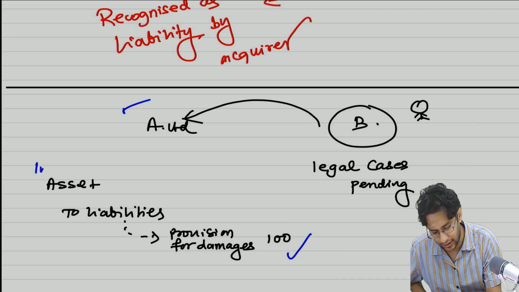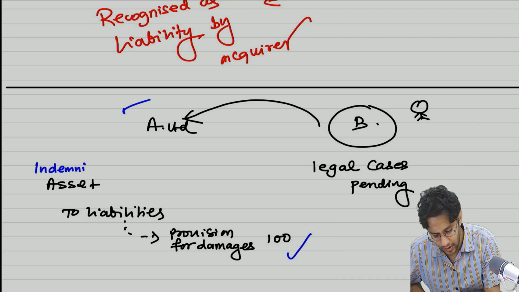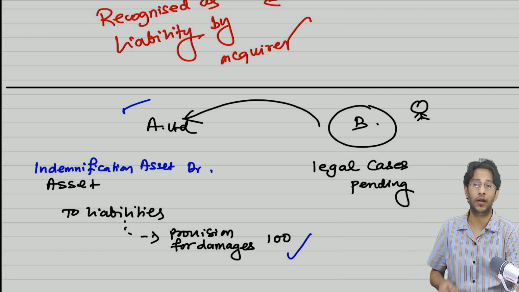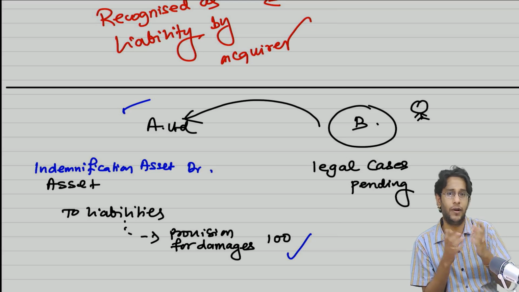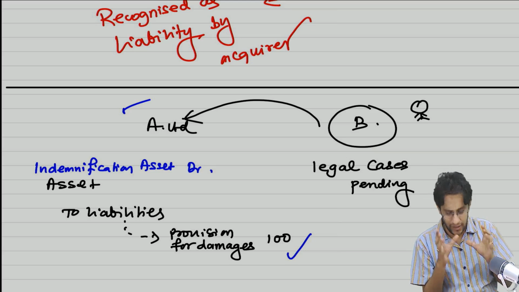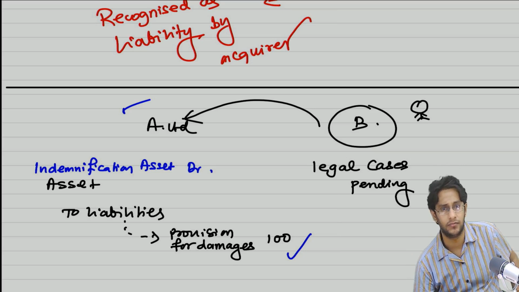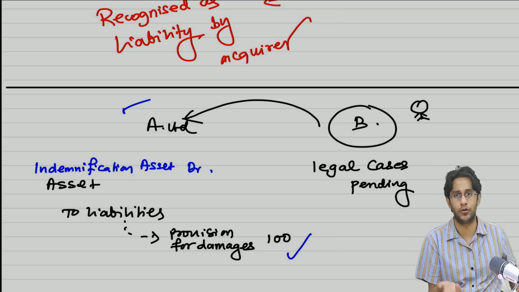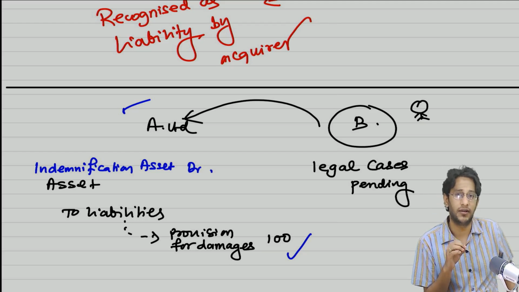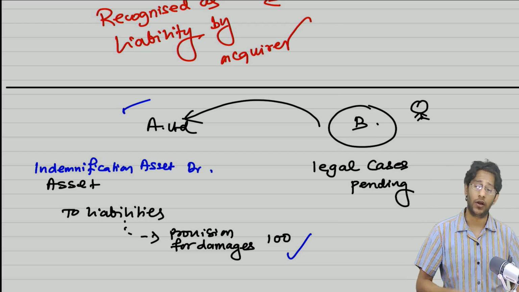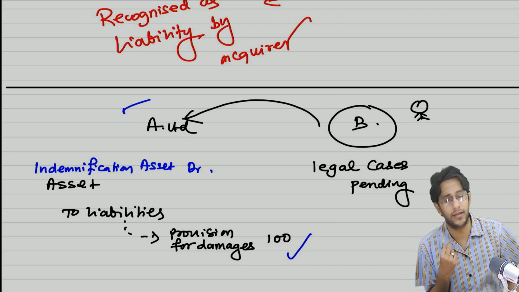Therefore, you also get a right to recognize an indemnification asset at fair value only. Normally, if you observe, somebody tells you, in case you suffer a loss, I will come and compensate you. It goes into the zone of contingent asset, because whether I will pay or not, only I know. So whether I will receive or not also is uncertain. So indemnification asset, how is it an exception? It's actually a contingent asset. Contingent asset should not be recognized, but this is an exception.